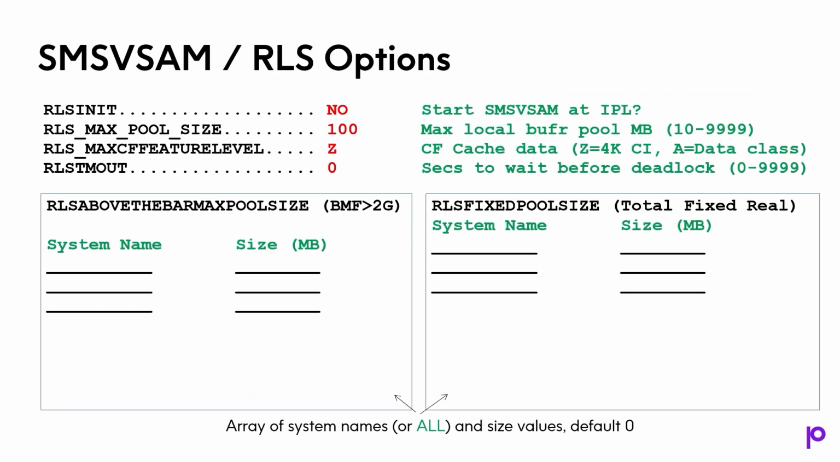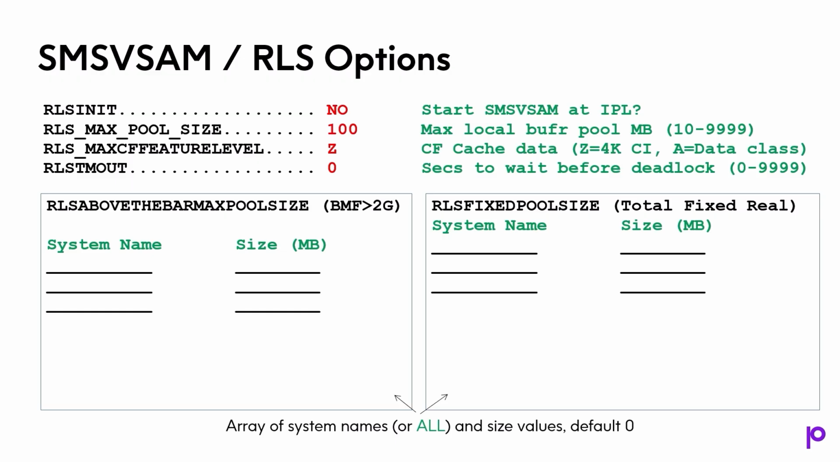Similarly, there are a bunch of options having to do with SMS VSAM, and there's a whole bunch of them, because you can set values like how much record level sharing above the bar virtual storage should I use for each of the 32 individual systems that you might have available. And should I start the SMS VSAM address space for record level sharing? So there's a whole bunch of